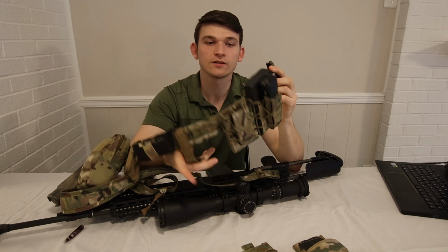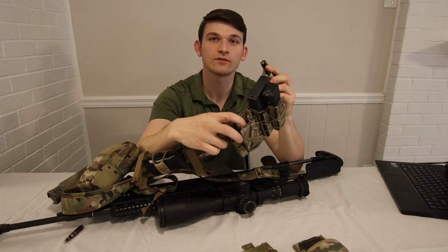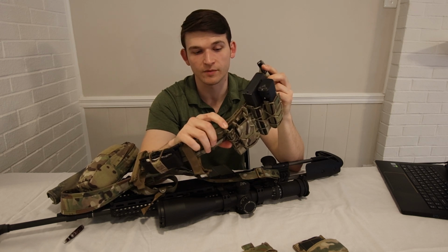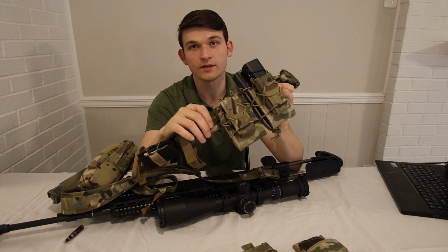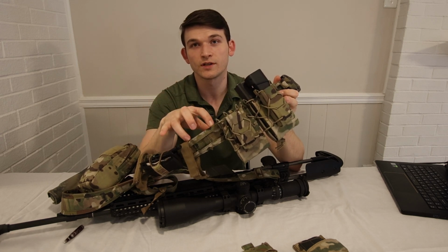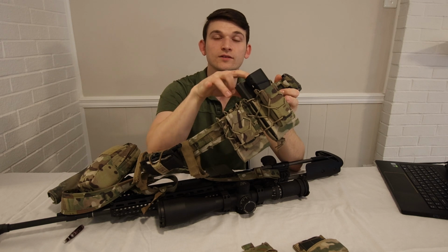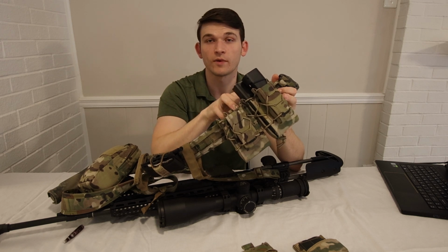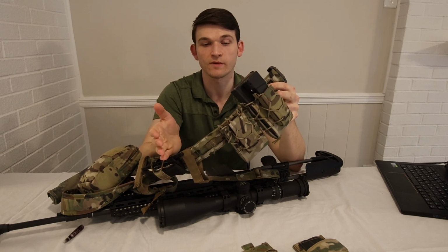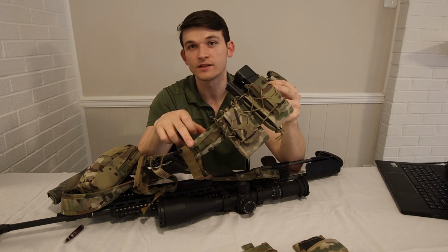This is the double decker, so you have a pistol magazine pouch on top of your rifle magazine pouch. What that did for me, at least the way I had my belt set up, was I had 2 individual pistol pouches next to 2 individual rifle pouches. So now I am building vertically instead of horizontally across my battle belt, so it saved me these extra few